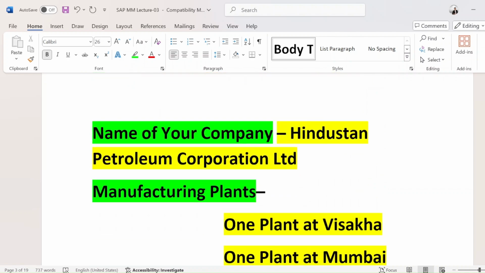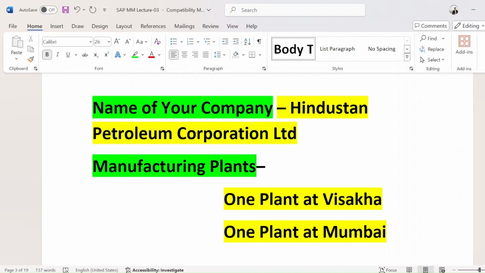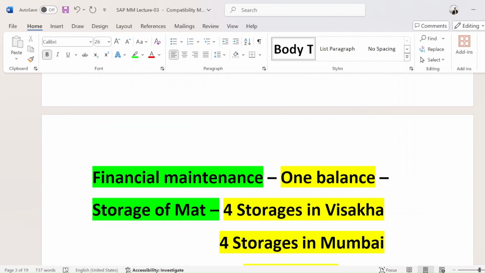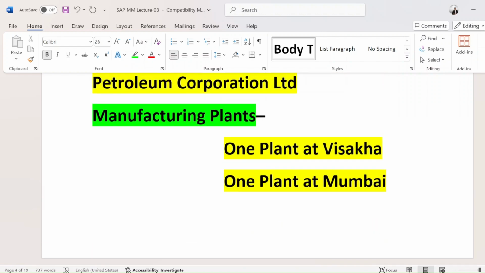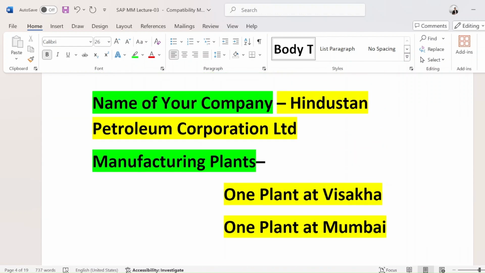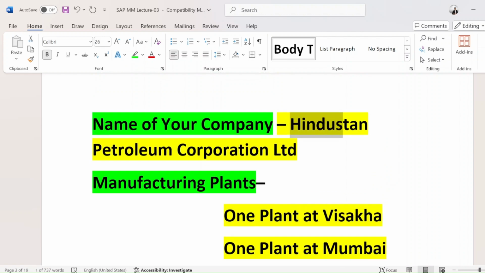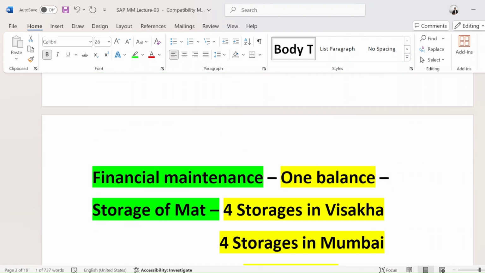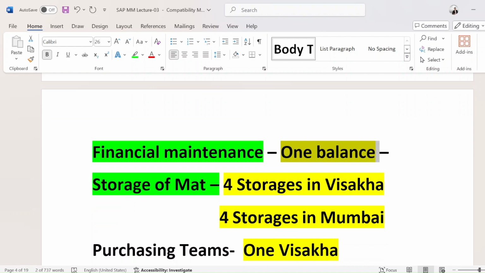Let's take another example. The name of a company is Hindustan Petroleum Corporation Limited. How many manufacturing plants do they have? One plant in Visakhapatnam, one plant in Mumbai. How many financial entities? One balance sheet and one company code. Why? Because only one company code is there, so there will be only one balance sheet. How many storage locations? Let's suppose four.